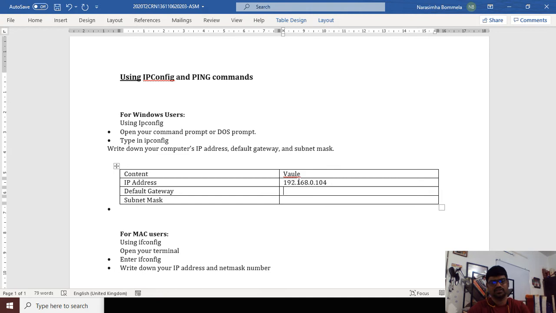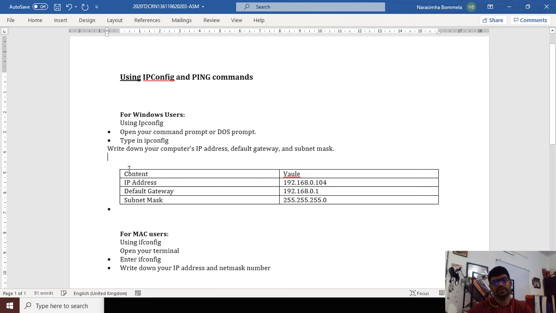The default gateway is 192.168.0.1. The subnet mask is 255.255.255.0. Right? So that's it.